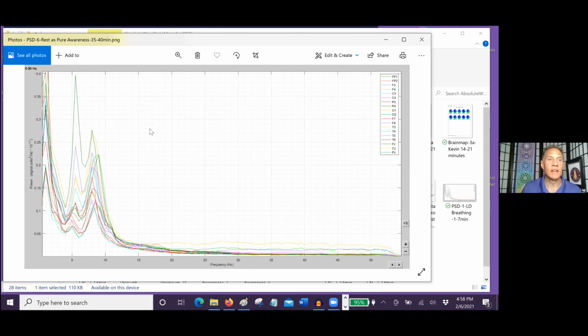And then we have the just resting as pure awareness. Again, you have the high delta, the low theta, the higher theta, and the low alpha here. Okay, so that all looks like it's supporting what we're seeing in Muse and Flowtime. Apparently, the lab is supporting that and pointing toward this higher beta and higher gamma in these elevated and expanded